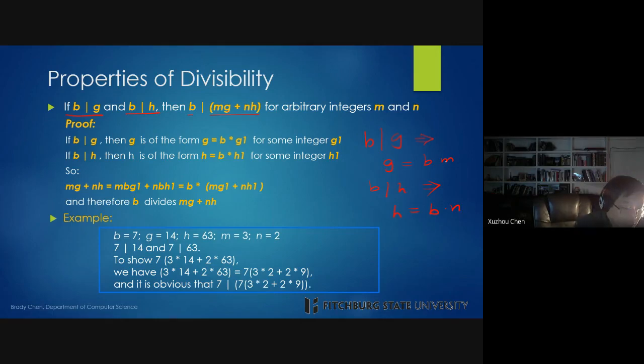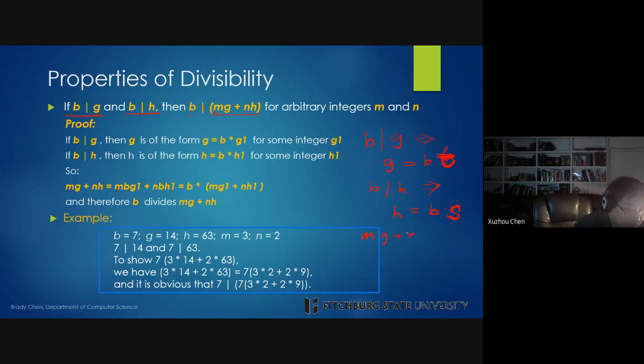Oh, I'm not going to use M because M is actually used here. So G can be written as B times some number, I'll call it T. Then H can be written as B times some number S. Okay. So then